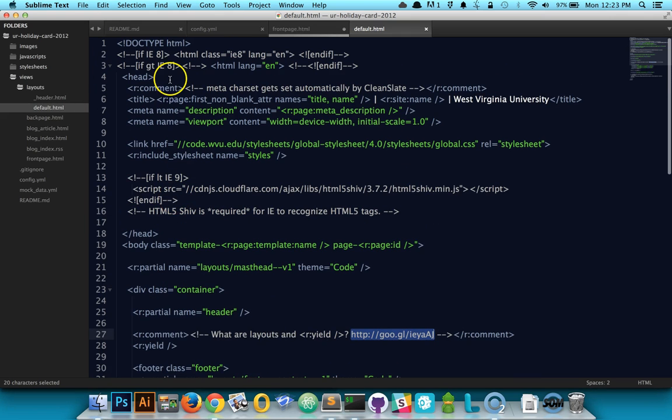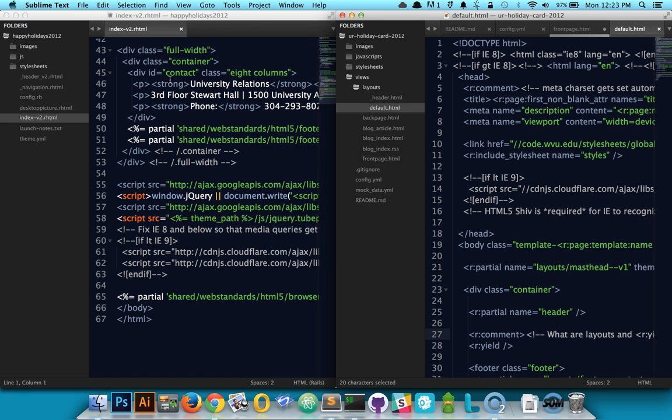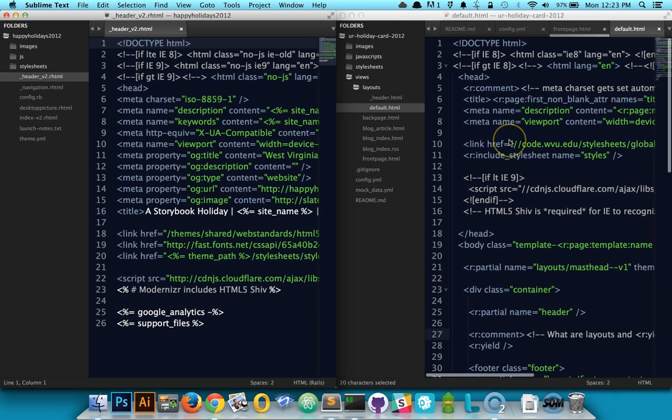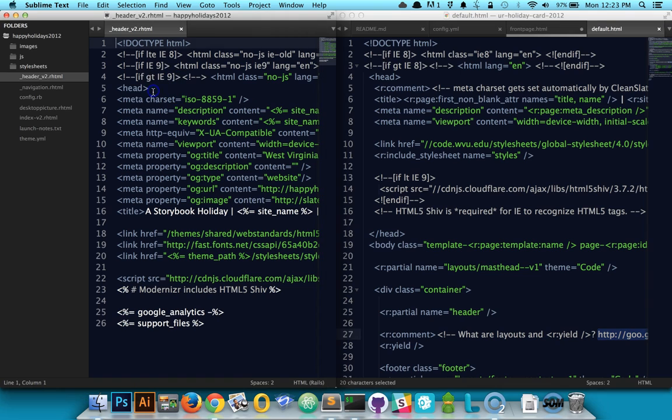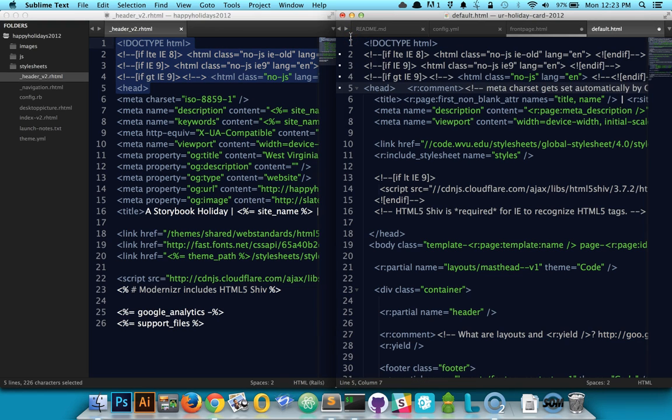Alright, so let's get into this. I'm going to go ahead and move this over here, and we've got our old theme right here. I'm going to check out our header, and we're basically just going to start copying and pasting things over that we need here. So it looks like this header has a couple different IE tags in here, so I'm just going to take this, put those here,